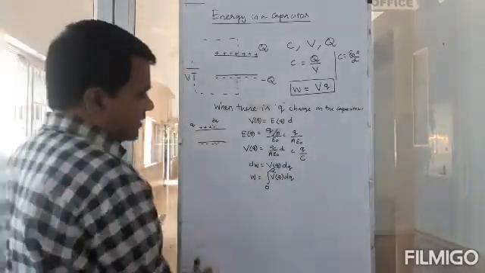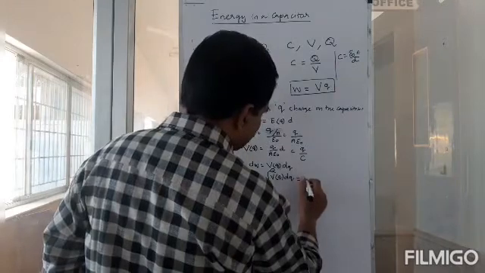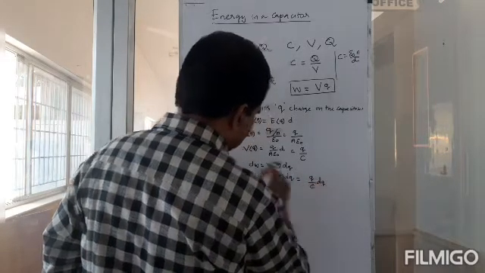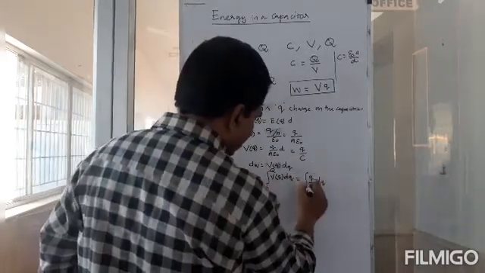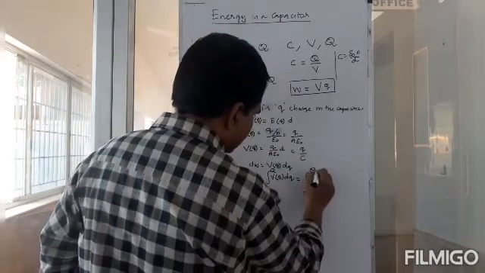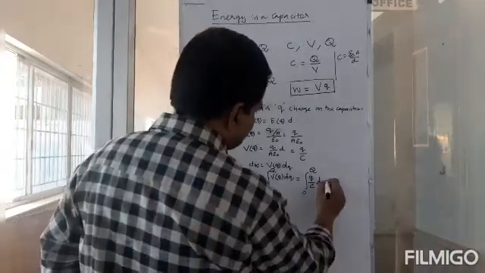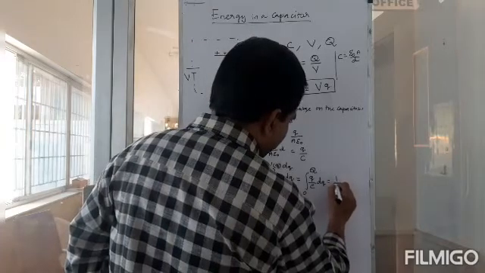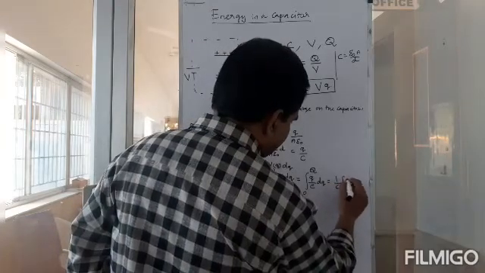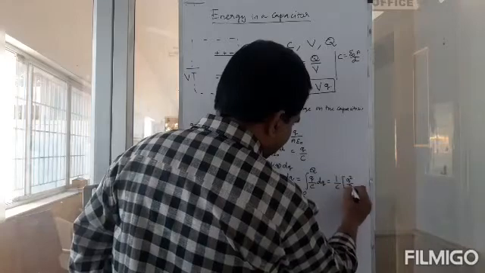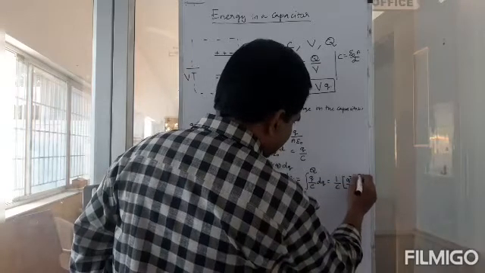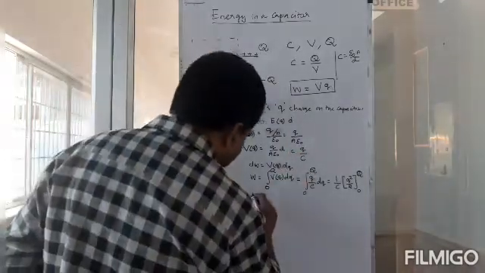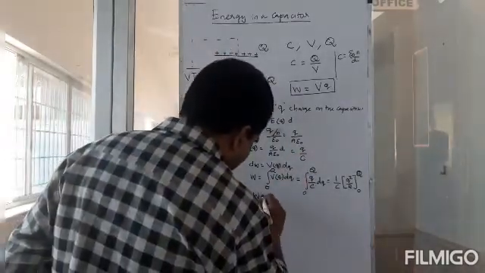Right? So that's the integral we get. Now this is going to be equal to Q by C dQ. So V of Q is actually Q by C, and I'm going to have 0 to Q. So if I integrate it, then what am I going to get? I'm going to get 1 by C into Q squared by 2, from 0 to Q. So if you apply the upper limit, work done is equal to